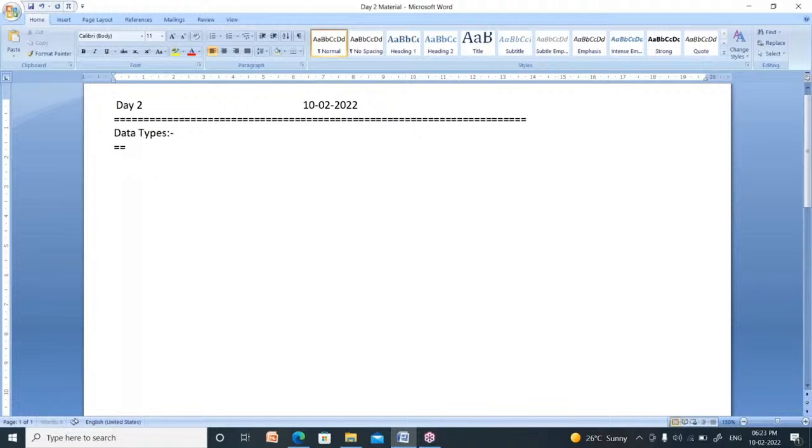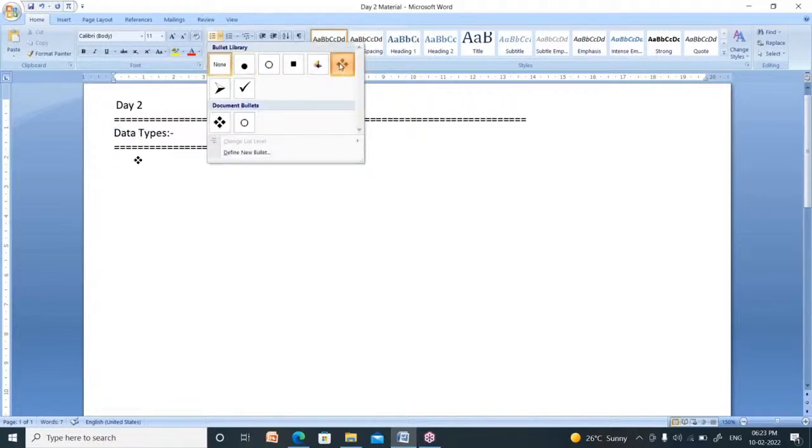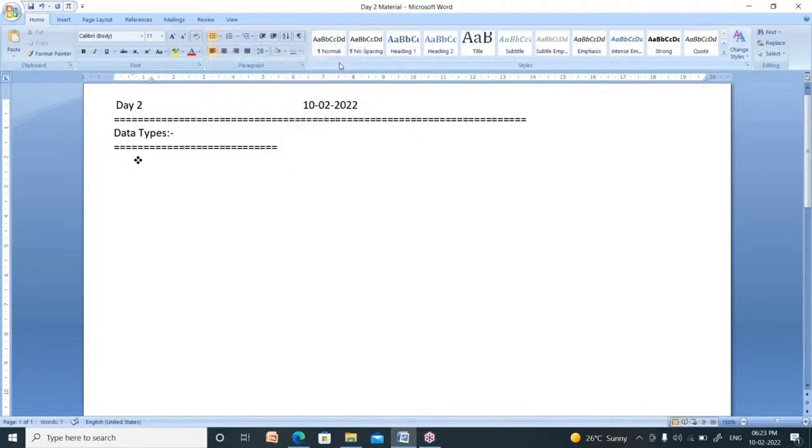Now, C language supports 4 types of data types. First of all, what is a data type? Read this in reverse order: type of data. Data type is nothing but type of data. Every data type is a keyword in C language. Keyword in the sense reserved word.